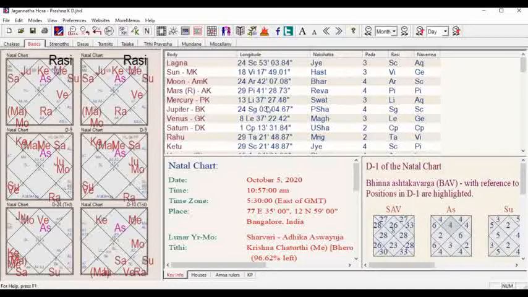If you would like to, take a glance all over the D1 chart, just taking 5-10 minutes, you will also notice that Jupiter is also under Papkartri dosh, which is a very important thing. So first thing we isolated, there's something to do with Mercury and the 12th house, and now let's see if we can find something else also. I noticed that Jupiter is in Papkartri dosh and the second house is in Papkartri dosh, and the Sagittarius sign, which is a house of Dharma, is also under Papkartri dosh.